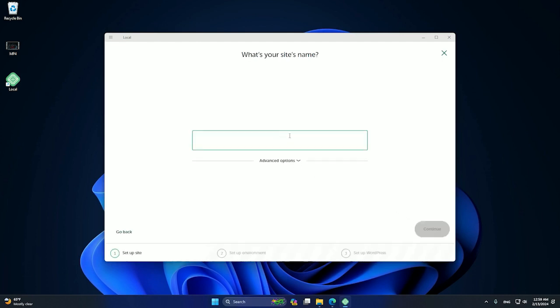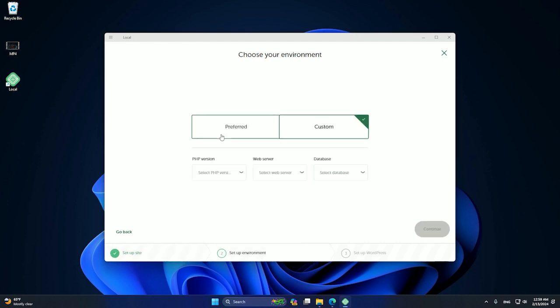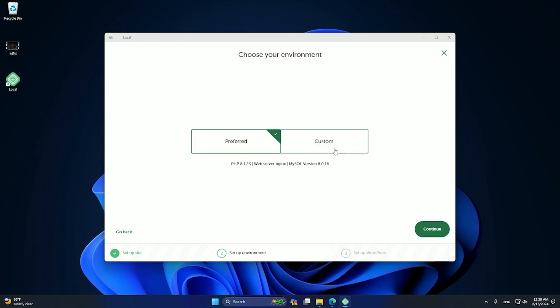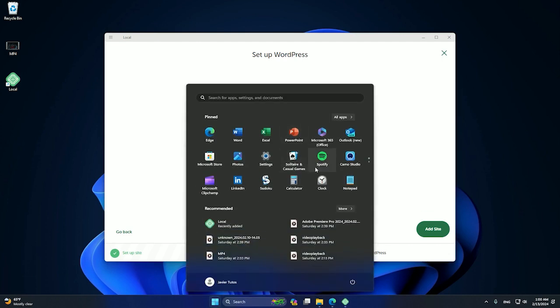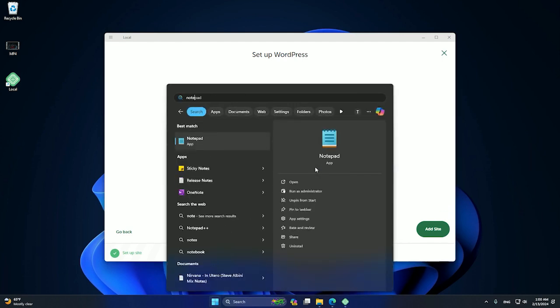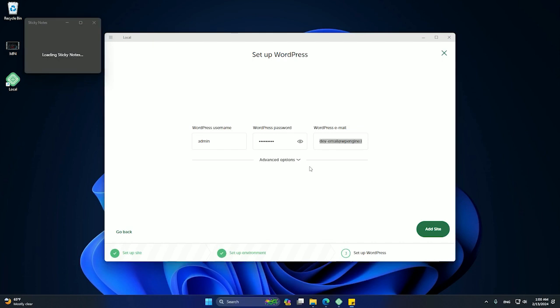We can just call it, for example, first website, and we can press on continue. We can put on preferred and custom. In my case, I will leave it on preferred. We can just create admin, password, and just for example, yeah, this one. And we can just create a note in our case. Okay, a sticky note with all these,